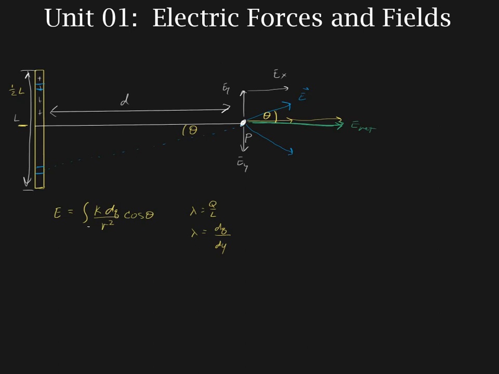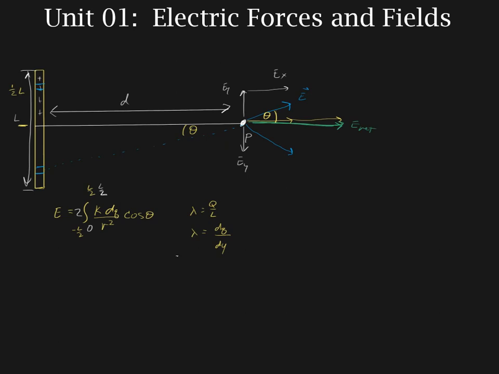Now this requires a little bit of discussion here, because our limits of integration can go from minus L over 2 to L over 2, or we could write, and I'll do this in white, we can use symmetry to our advantage, and write from 0 to L over 2, and because of the symmetry, we know that it's going to be 2 times that value. Okay, so I'm going to choose minus L over 2 to L over 2 as my limits,